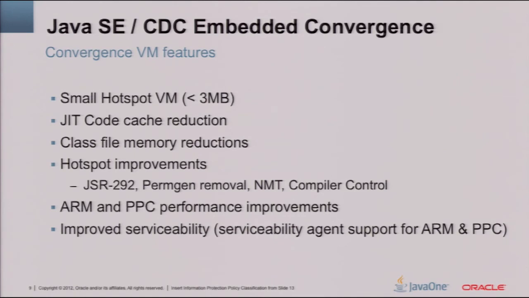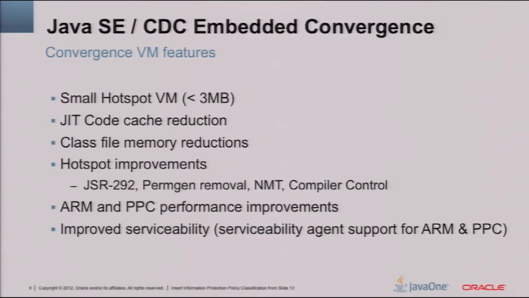And since we're merging all of these features into the standard HotSpot virtual machine that's used for servers and x86, SPARC, and 64-bit, all of the features that the HotSpot team is doing are going to be available for our embedded application. This new JSR 292 work, Invoke Dynamic, allows you to run different languages on top of the virtual machine. They're moving the permgen out of the heap so that we can have better management of that metadata, so we can free it much easier. We don't have to do garbage collection in order to free up class metadata,